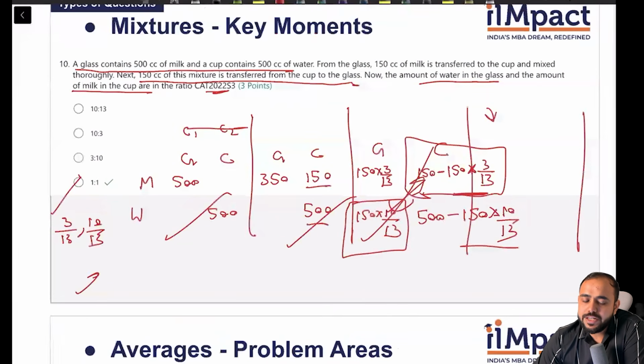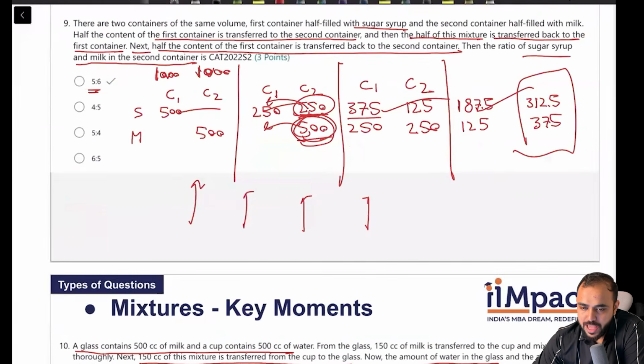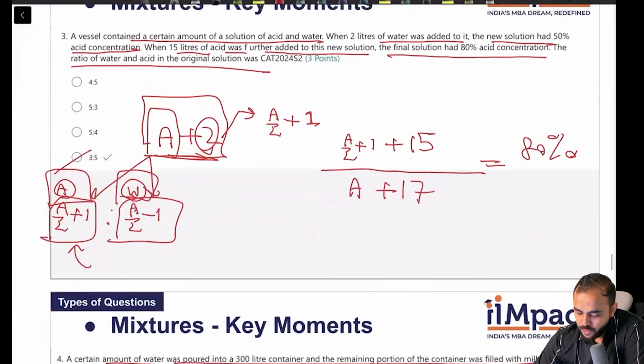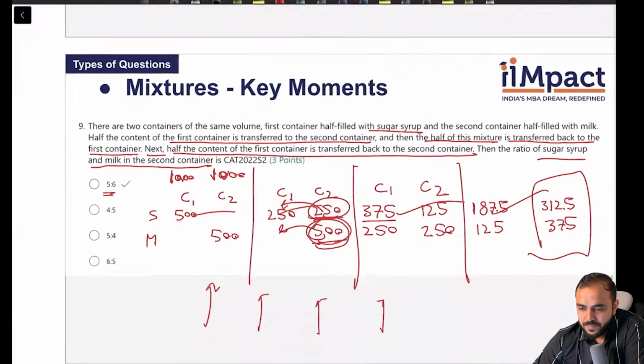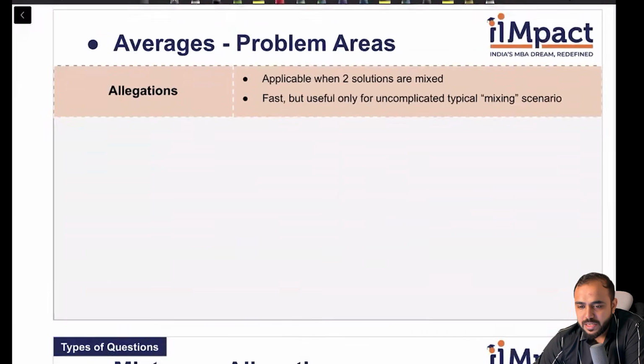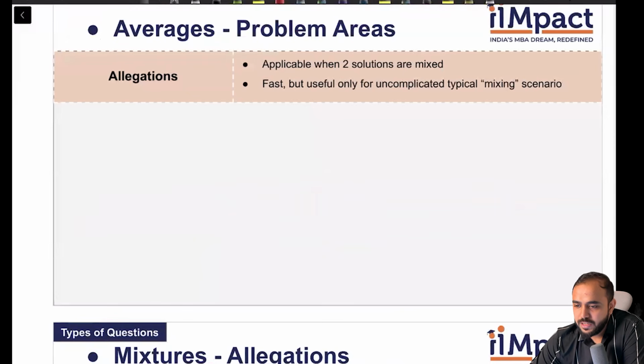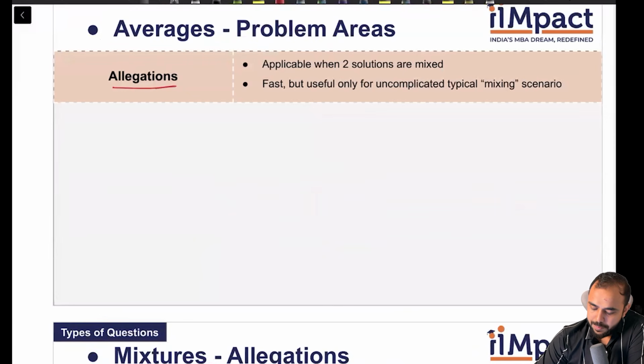So you are clear on this, how to deal with mixtures questions. I've taken two examples of your tabular format and two examples of a proper word format with multiple steps that are there. Yes. Okay. Replacement again we are clear on. So let's just finally look at your alligations part. Applicable when two